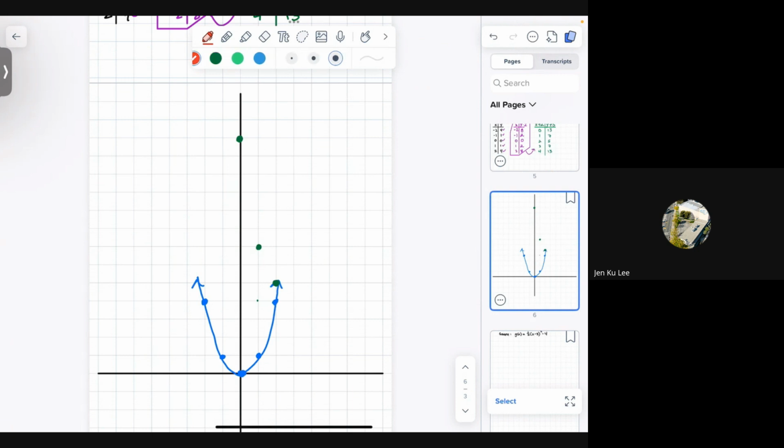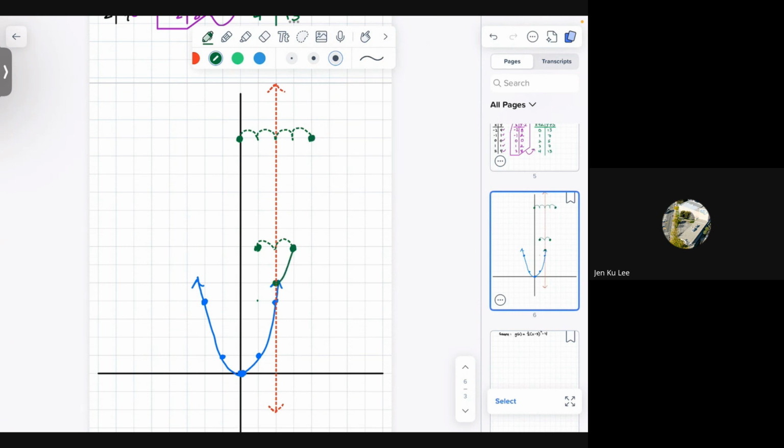Right in the middle, through my vertex, up a vertical line. That's my axis of symmetry. So since this point here is 1 unit away, go 1 unit away again, and you get this point. Okay? This point here is 2 units away. So go 2 units away. And that point there,